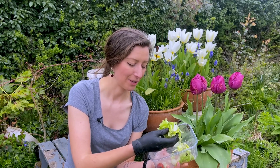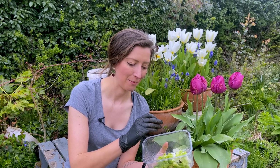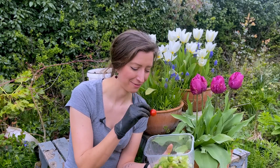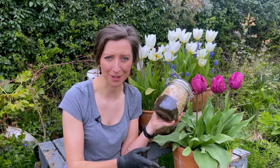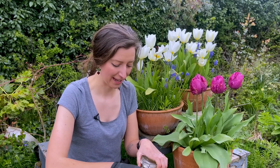I've got some kitchen scraps, a bit of lettuce, and my boyfriend wanted to suggest putting a tomato in because they're super sweet and delicious. So they've got a nice fresh ripe tomato. I've also in this jar got some coffee grounds. I won't be adding too much, but just a little sprinkling, and some of this straw that came in a